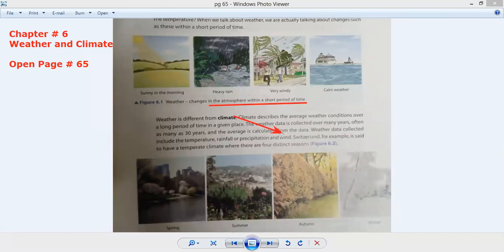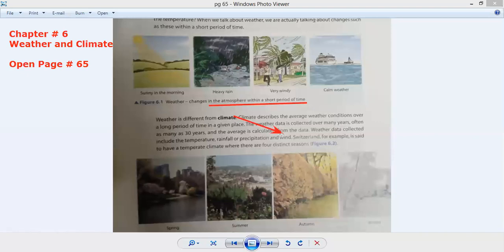The first one is the temperature. They know the temperature at a specific point for so many years. For example, in year 1, year 2, year 3, year 4, they are collecting the data. Then they declare that this area is hot, or this area has an average temperature, or this area has coldness. In the same way, they discussed the rain, that in this region how much rainfall occurs.